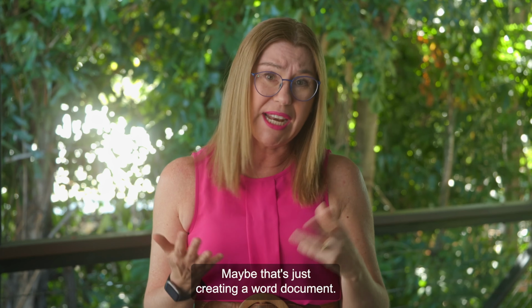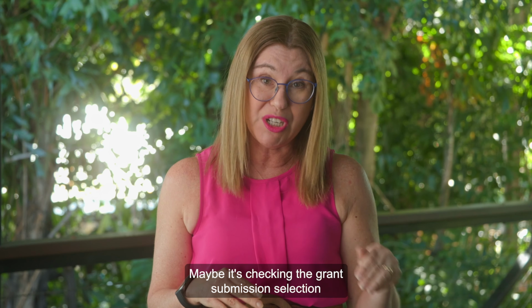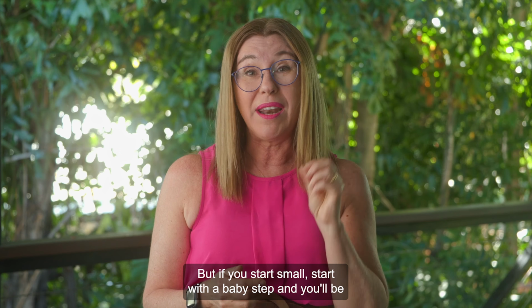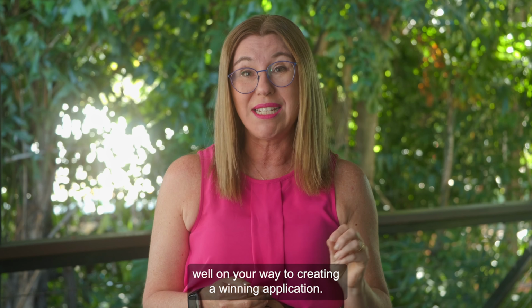Maybe that's just creating a Word document. Maybe it's checking the grant submission selection criteria to see what evidence you need to gather. But if you start small, start with a baby step, and you'll be well on your way to creating a